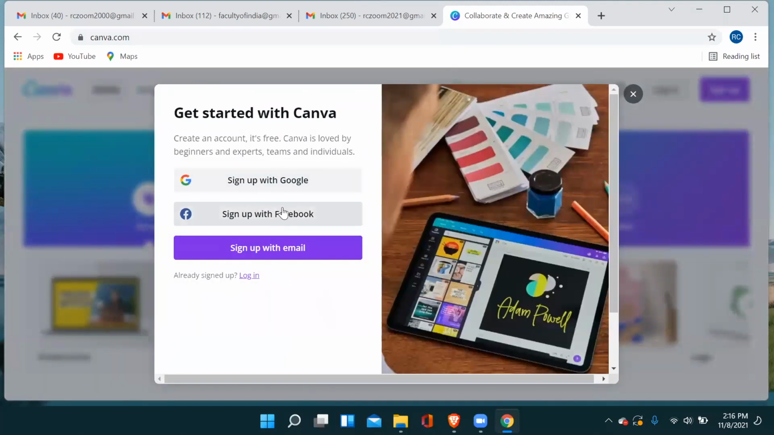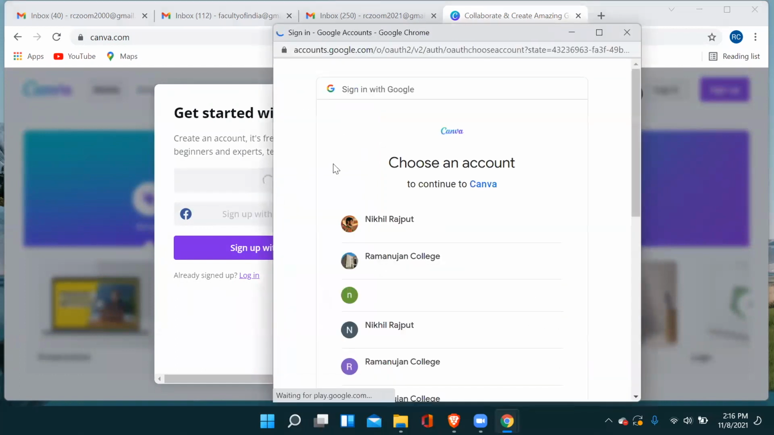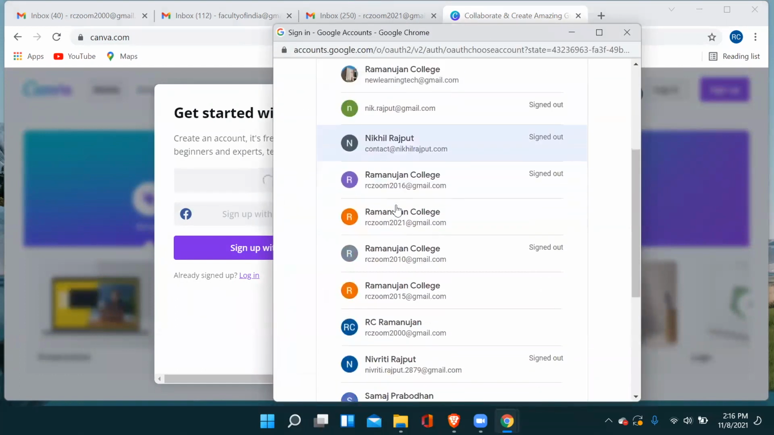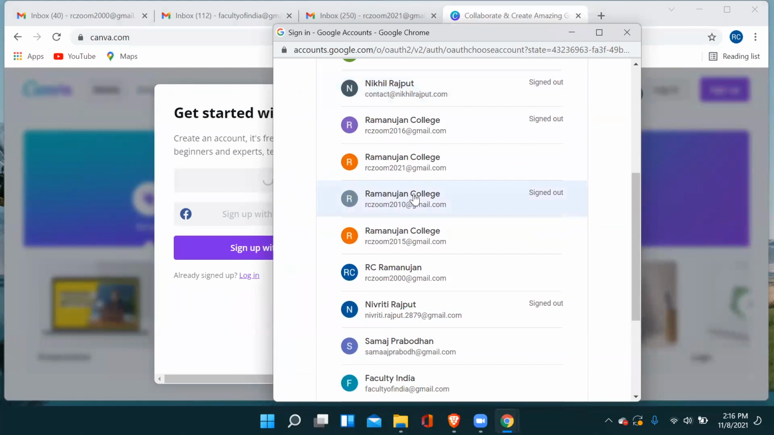Here you have different options. So I would suggest you sign up with your Google or Gmail account. So click on sign up with Google. There will be a list, and you can log in with any email ID. Okay. I would suggest that you should use some